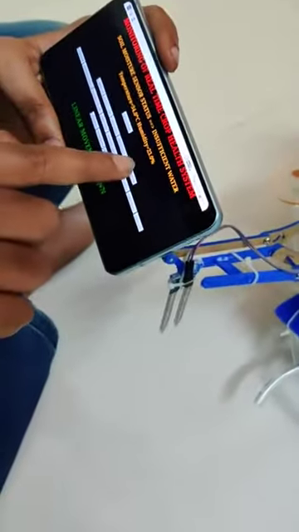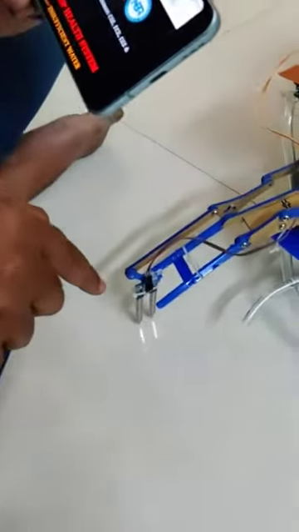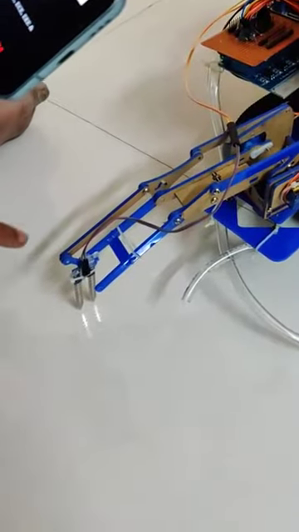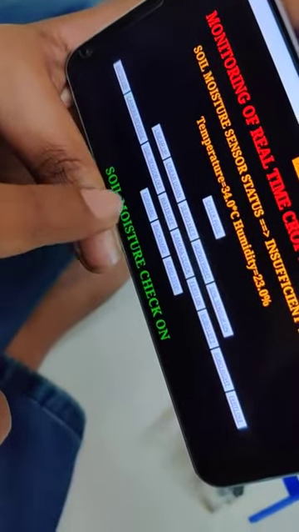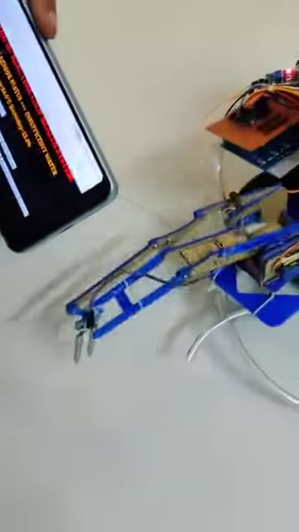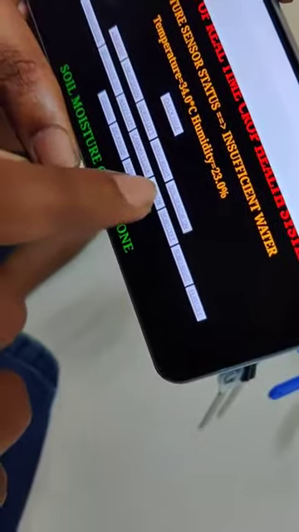When you press soil sensor on, the sensor will dip into the soil. When you press soil sensor off, it will move in the upward direction. So the buttons are soil sensor off and soil sensor on.